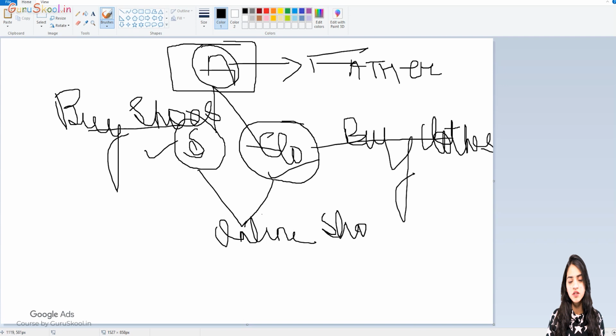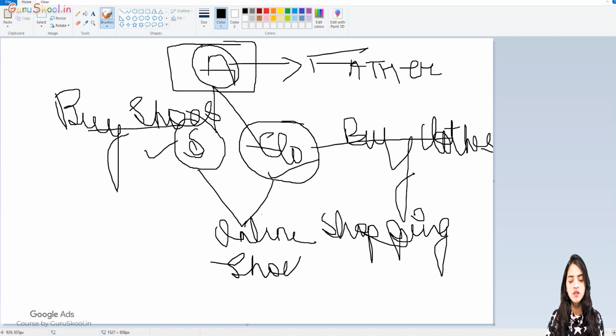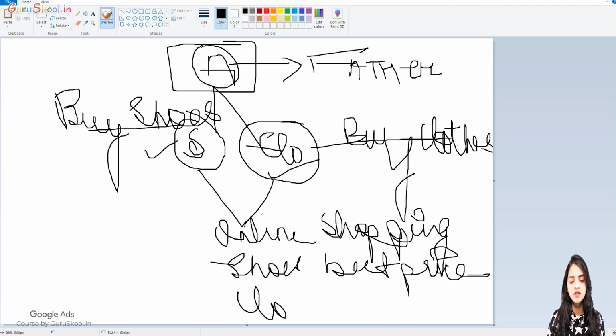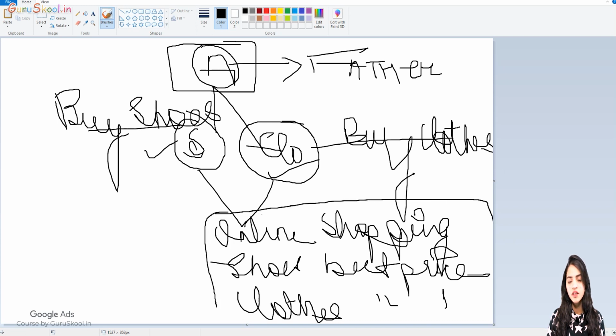Online shopping. Second, it could be like shoes, best price, or clothes, best price, whatever. But the main criteria to say is this, the keywords